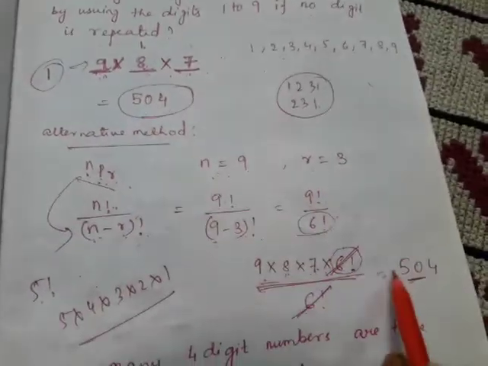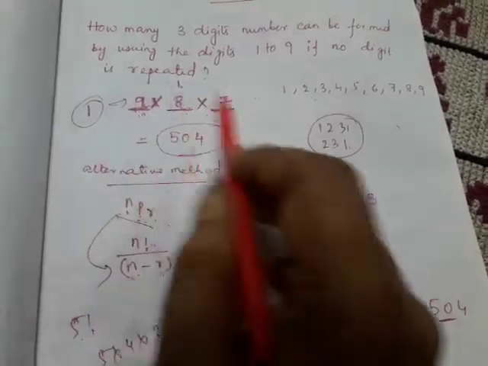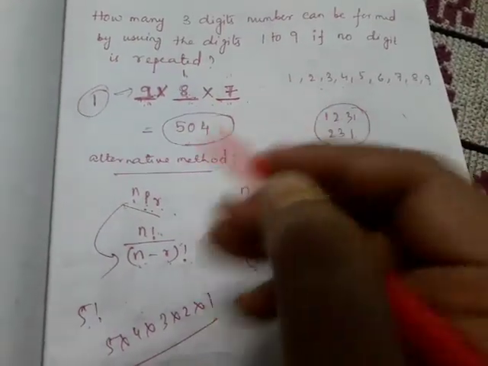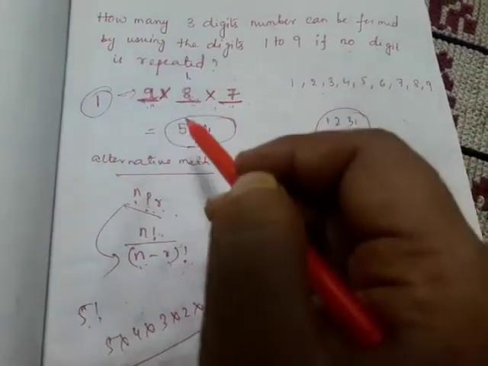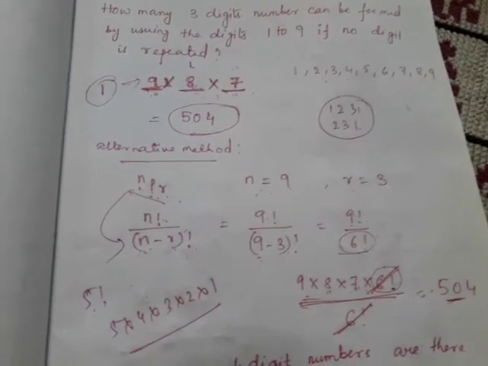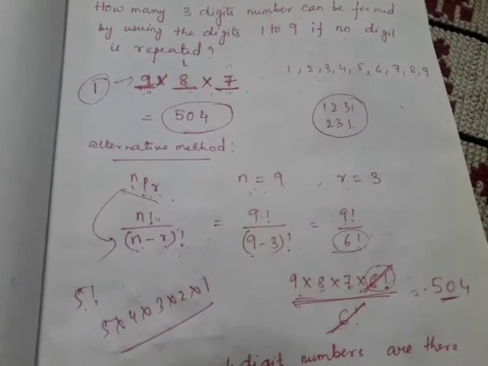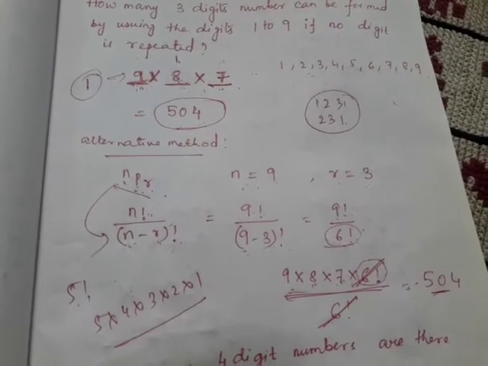So there are two methods of doing this. One is the formula method, and the other is the simple method of taking dashes and filling up the numbers. I hope you have understood the sum. Gradually, when we continue with more different sums, things will become clearer. For the time being, you see this and study.